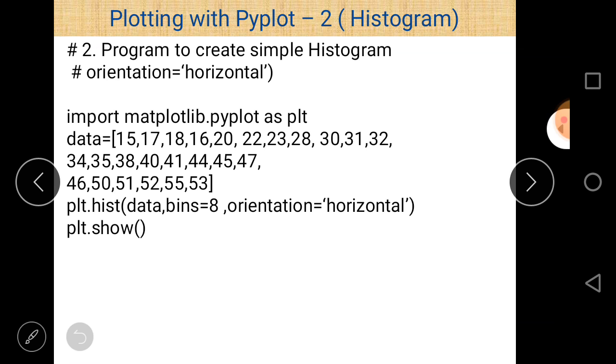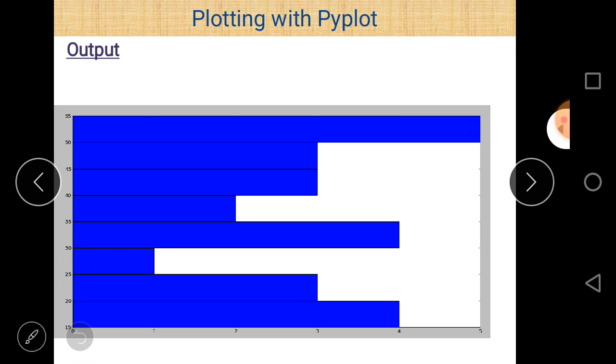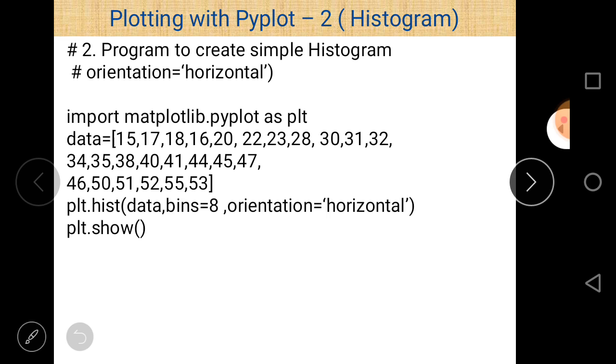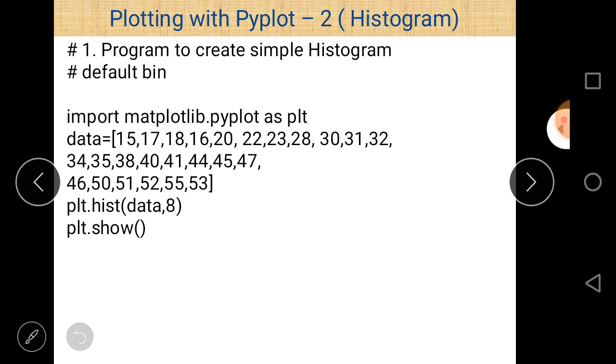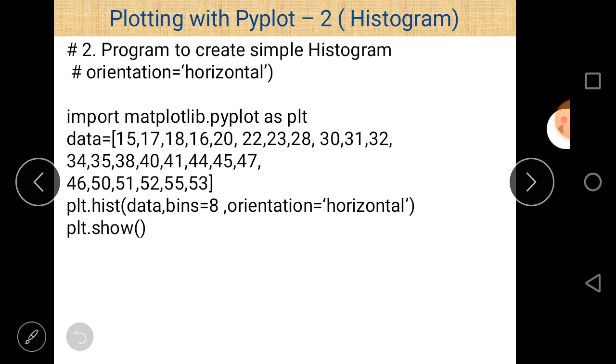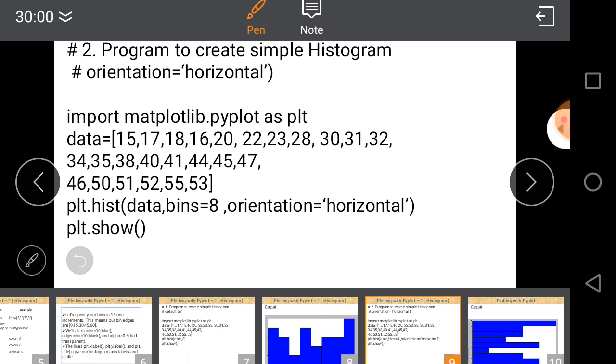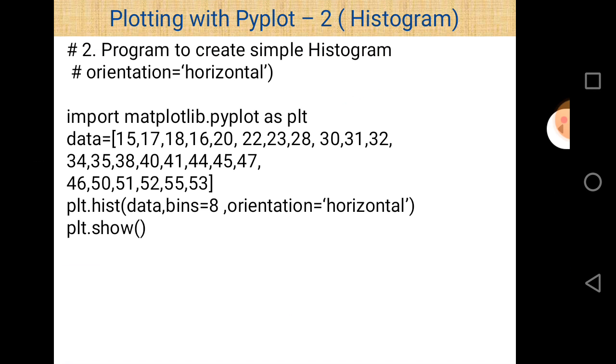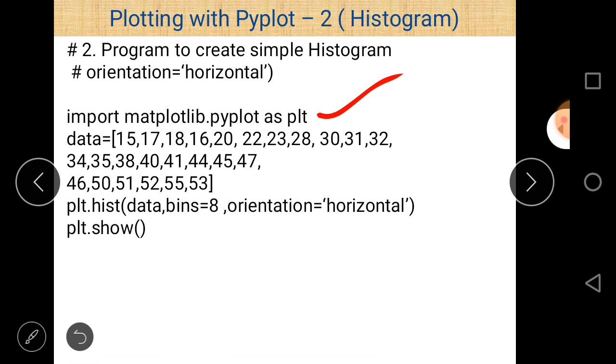In this program the data is similar to that of the previous one. I think all things are the same in this program. The first statement is the same because it is essential to import the matplotlib library.